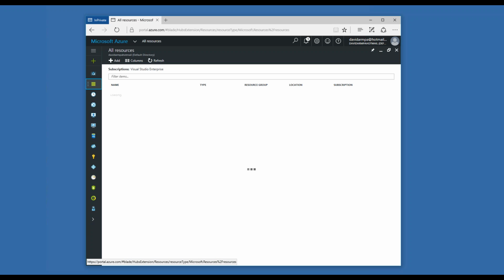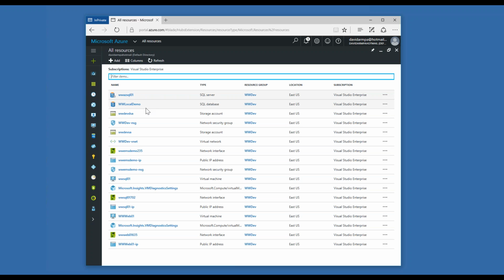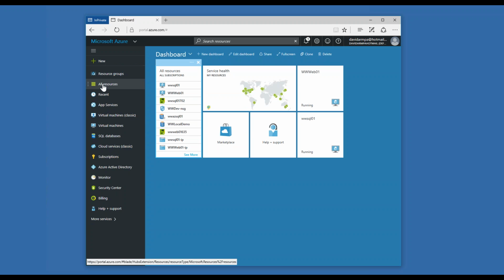One of the more important tabs here is all the different resources that I have set up. We'll go into those in a little bit. Finally, you can see the virtual machines, the SQL databases, and information about my subscription. If you had an Active Directory that you're syncing with, anything you want to monitor, you can look at security alerts. You can also look at your billing, which is updated pretty much every day, so you're not surprised by how much you're spending.